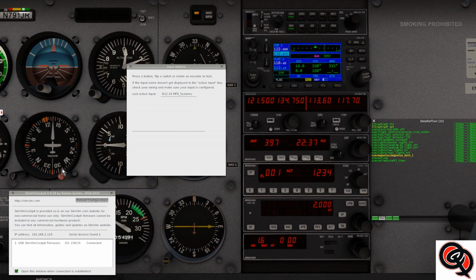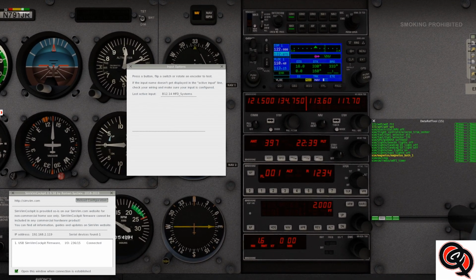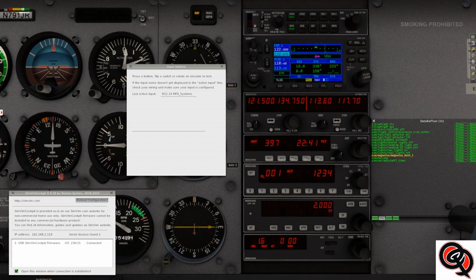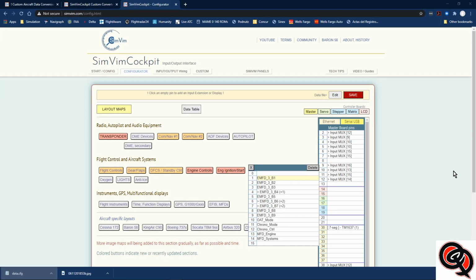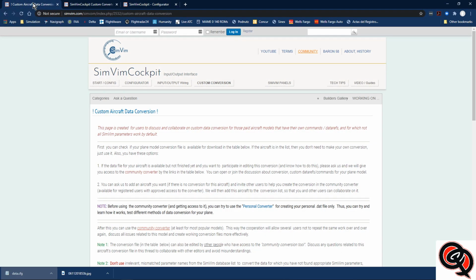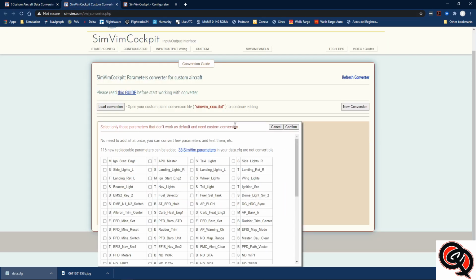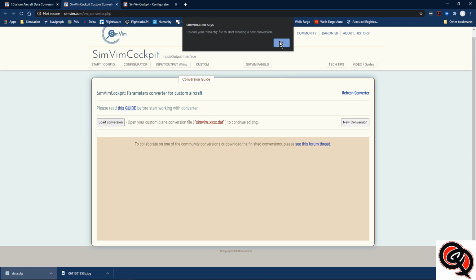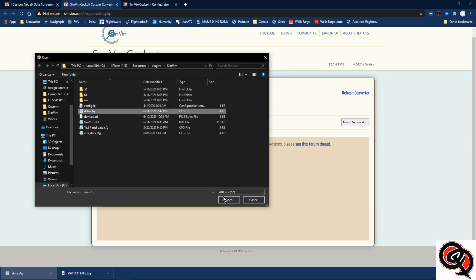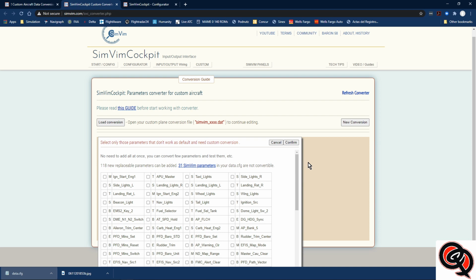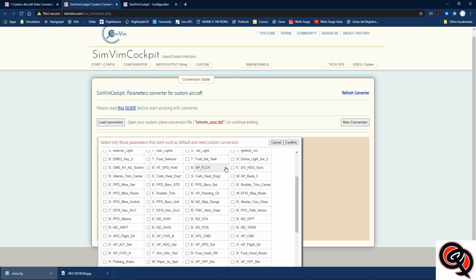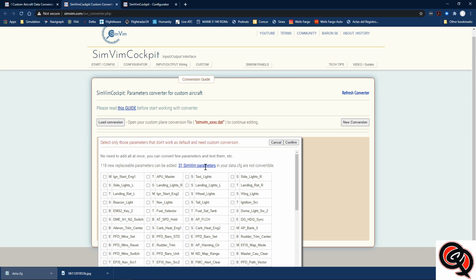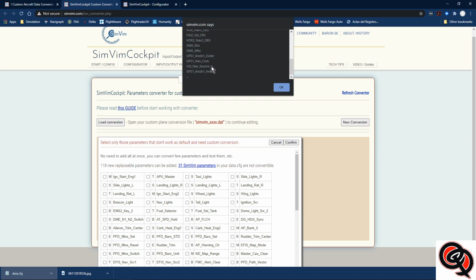Alright, so now we're going to go back to the configuration editor, and we are going to continue doing our conversion. So basically we have to start over again because those buttons weren't showing up. Alright, so once we load our data configuration file, it's telling us that we now have 31 parameters that are not convertible. So if we click on that, we can probably see that ADF,